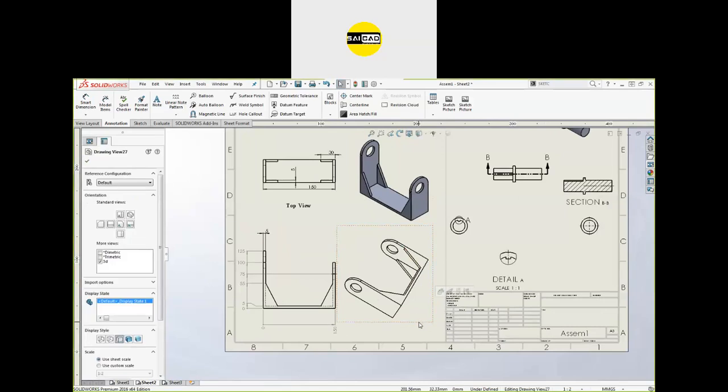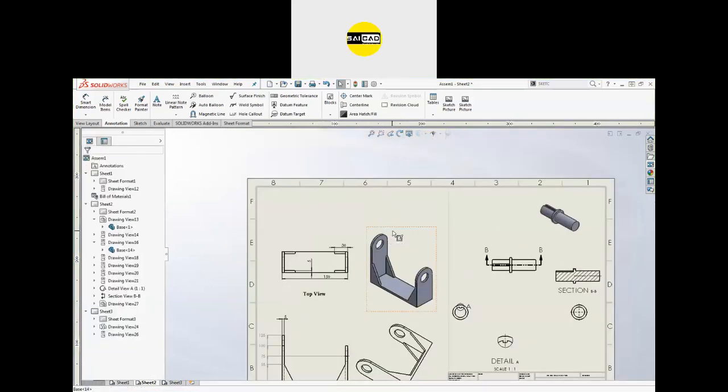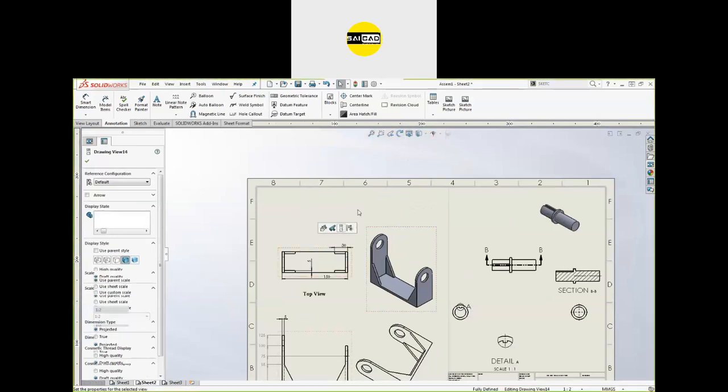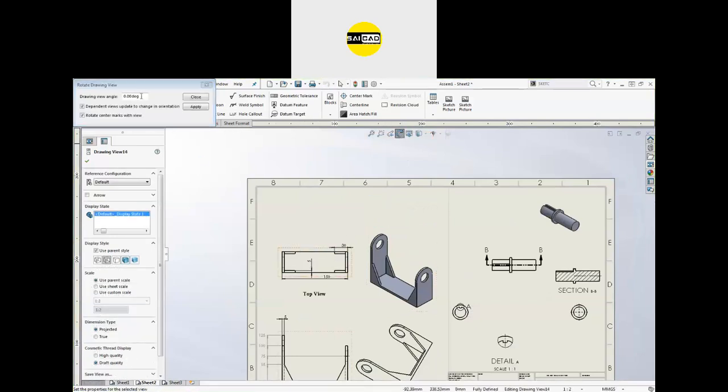Sir, above it, a rotate option is given. Which one? After the zoom command, there are rotate options. Yes, yes. Like I said, I have not used that one, since it can be rotated. It is for the orientation from here. Which angle you need? It is for the 2D orientation. For the 3D orientation, this is the option. For the 2D orientation, you can use it. That's the 2D orientation, not the 3D orientation.